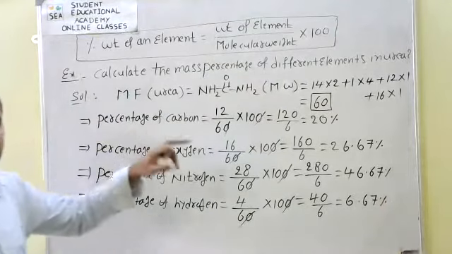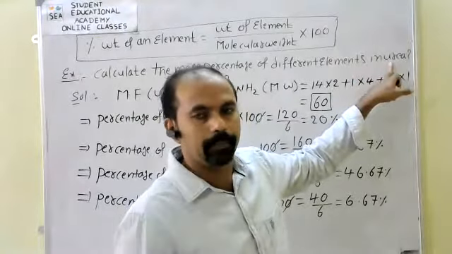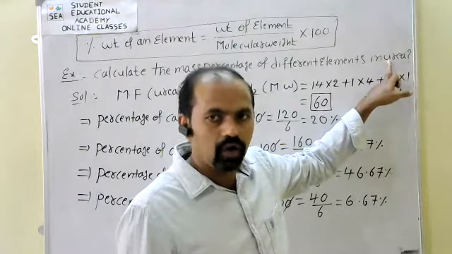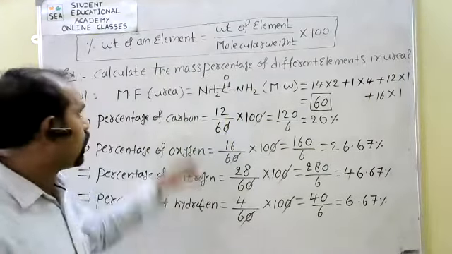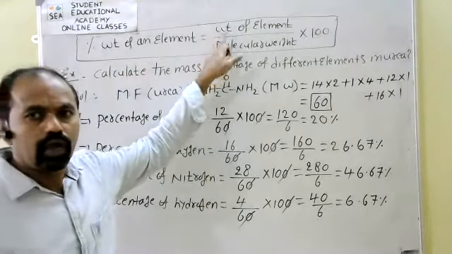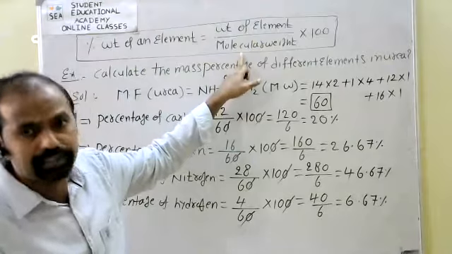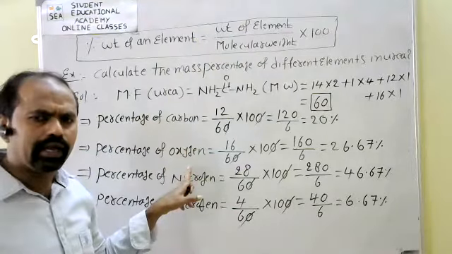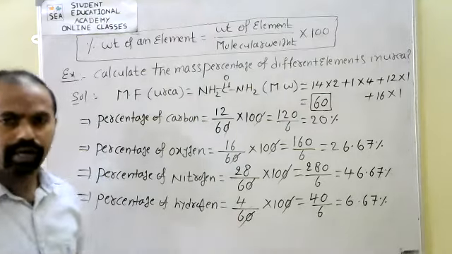So any substance or molecule is given; here the given molecule is urea. In that molecule or substance, we find all the element mass percentages. So the percentage weight of any element equals the weight of that element upon the molecular weight of the given substance, into 100. By using this formula, we calculate any element's percentage weight. Right? Okay, write down this problem.